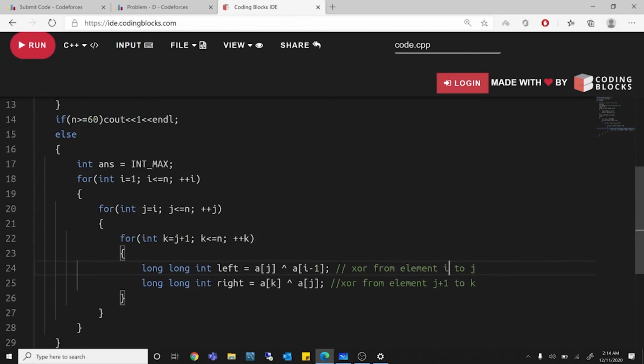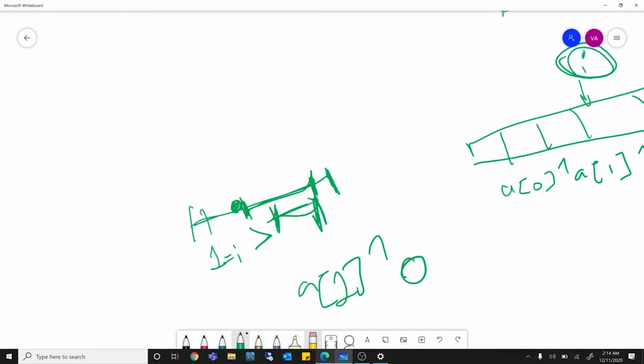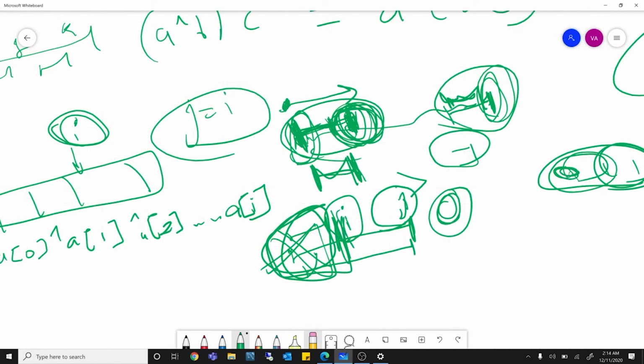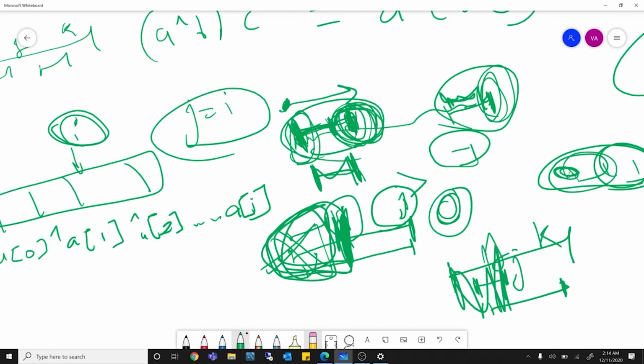Okay, so why is that? I showed it to you previously, but I'll show it again. You remember that here this I is also overlapping, so this I will also go. Similarly, from j to k, j has the XOR from this to this element, and k has XOR from this to this element. All of these will be cancelled, and this is j plus 1 to k. This is the same thing as above. I hope that point is clear as well, that the first element gets cleared out.